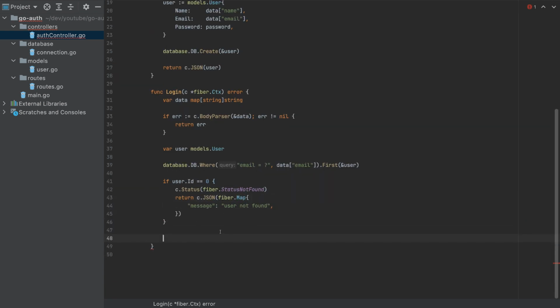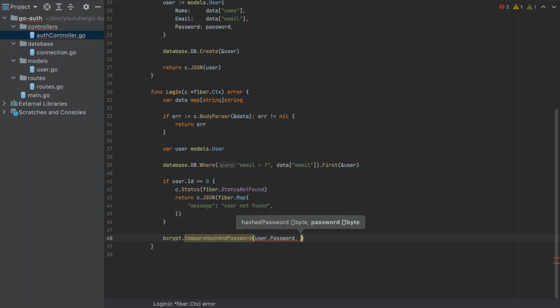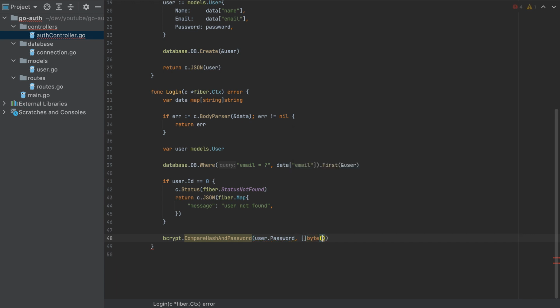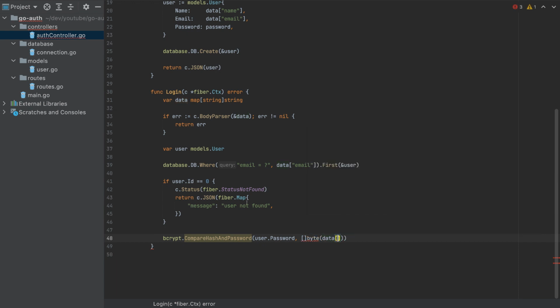If we got the user, then we have to compare the password. So to compare the password, we have another function from bcrypt, which is compare hash and password. So the first parameter is the user password, which is a hashed value, and the second parameter is a byte, so we have to convert it also to bytes, of the password that we have. So data password. This returns an error,